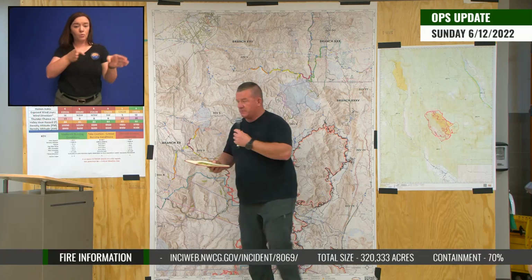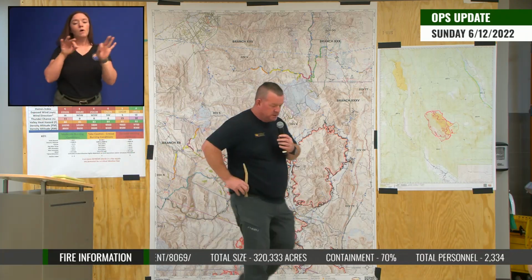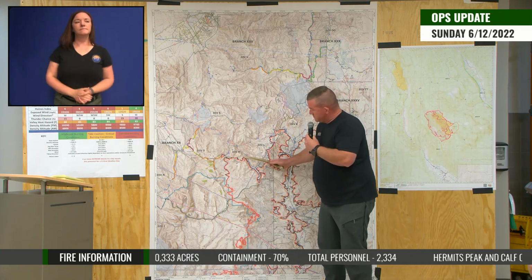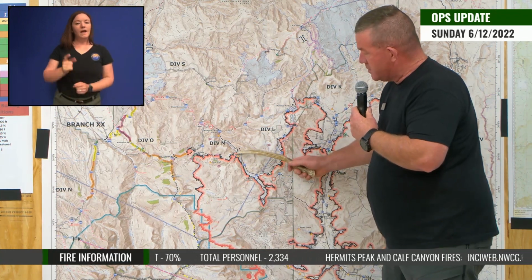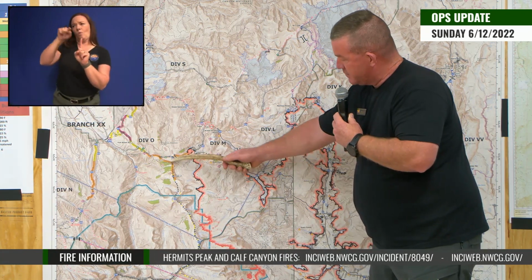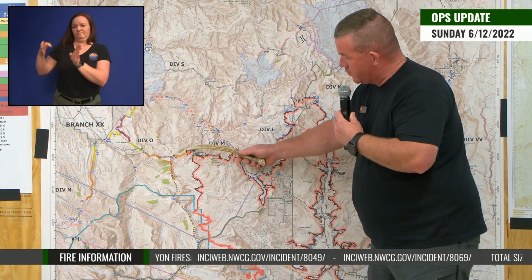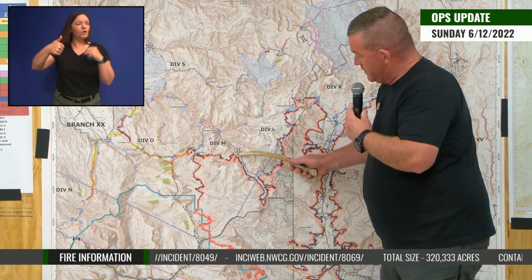So let me show you a couple things on the map about that containment. All right, so this is a little bit of the Wayback Time Machine here, from Angostura west towards just south of Ripley Point. Well, there's Ripley Point, so east of Ripley Point. If you remember, we were calling this the thumbprint before, and this area of the fire line right here is the one that we invested